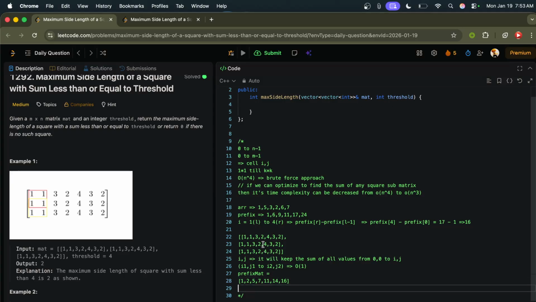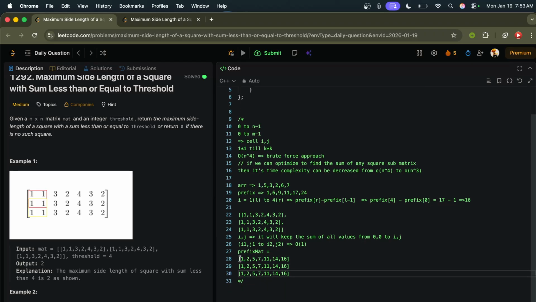So actually the second and third row are also the same, so I'll just copy paste this second and third row. After this, you can see that you got the prefix sum of each row. Now you just do the prefix sum of each column. So if you do the prefix sum of each column, that will form